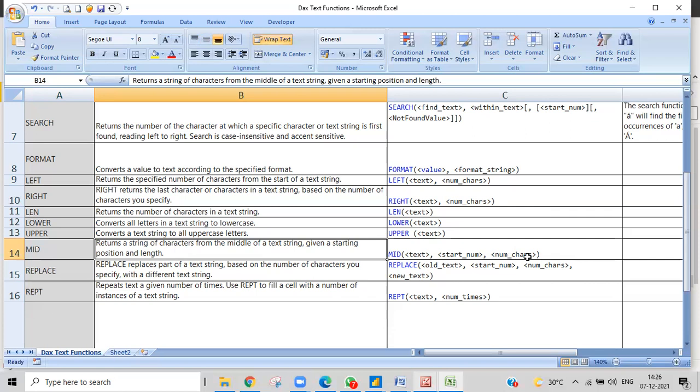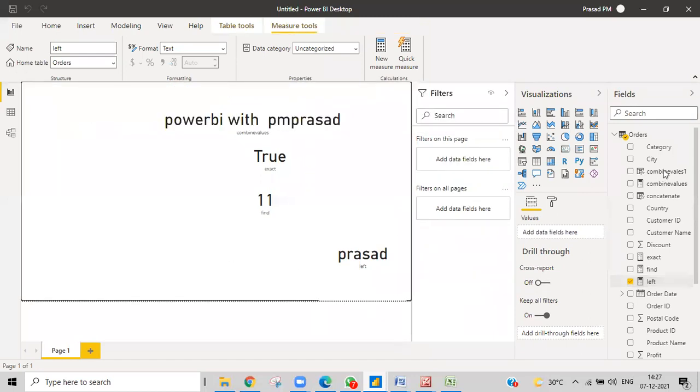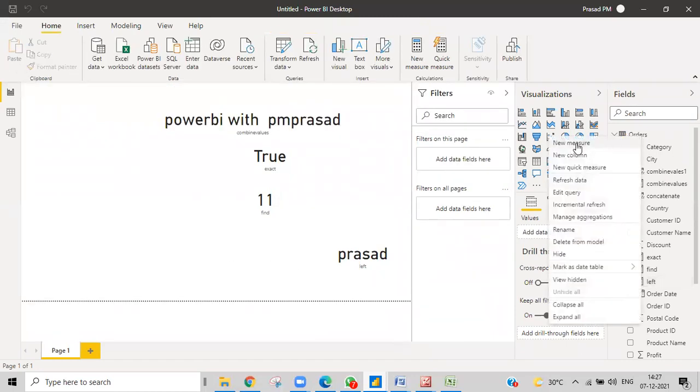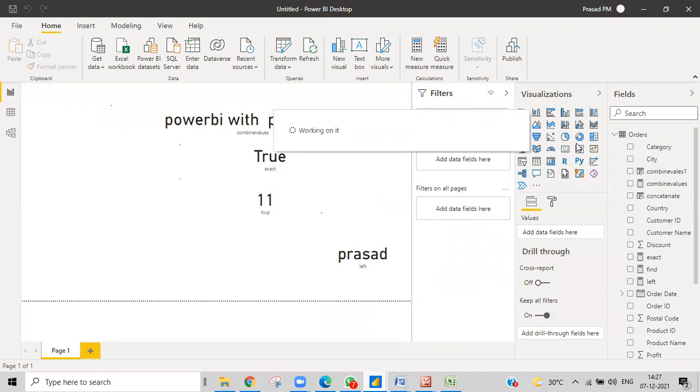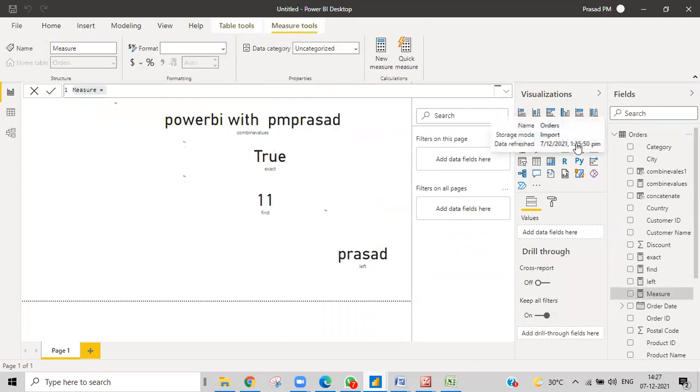Let us suppose I have 20 characters, and I want the characters to start from the third character, and from there I need to get 5 characters. I'll give you an example so you understand more easily. Every time it's better to go with an example, because syntax can make us feel like we understand, but we don't understand exactly.